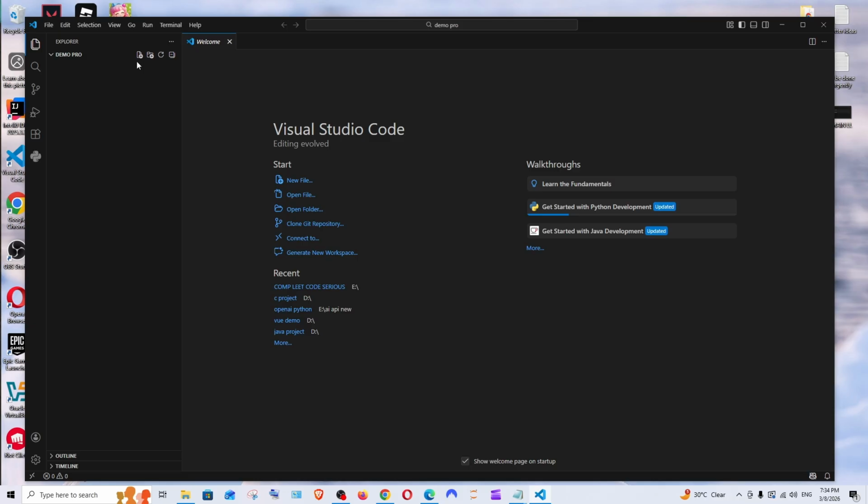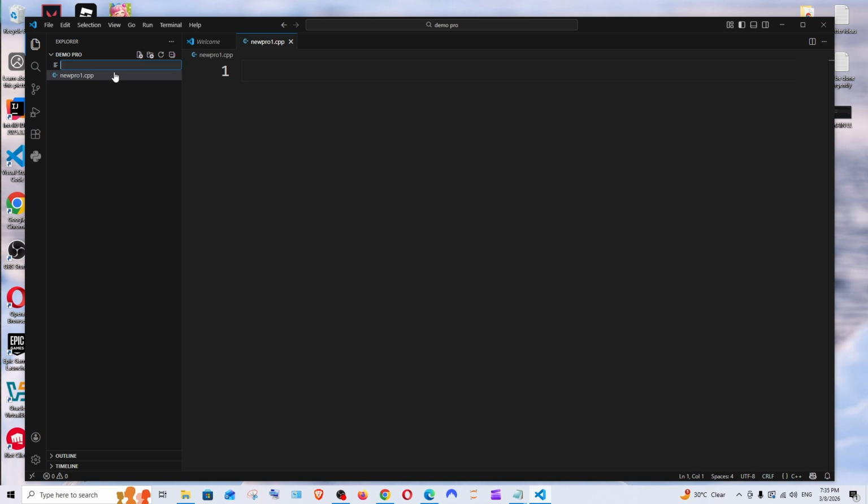To create a file, click on this new file. I'll just name it as new program 1.cpp. This is for C++, and I'll just go with another one, new program 2.c. So one is for C++, another one is for C, and it will automatically ask you to install this particular